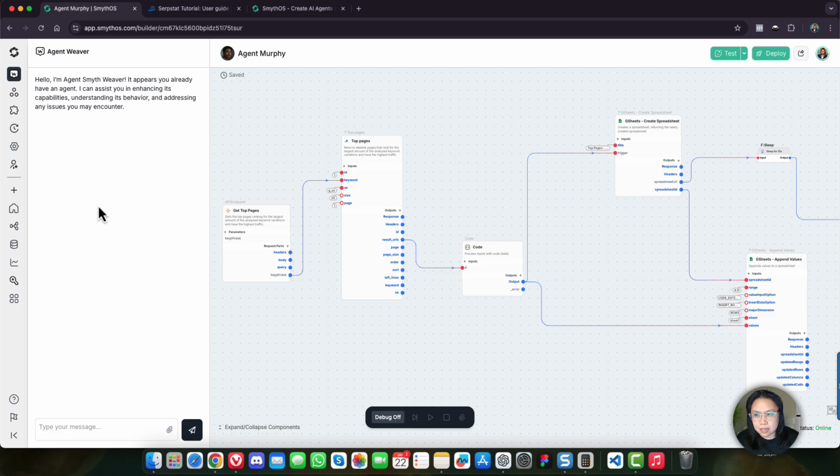Then on the left side here, you see Agent Weaver. Agent Weaver is our smart assistant within the Agent Studio interface that is designed to assist users with building, debugging, as well as updating AI agents. All you have to do is type in your instruction.